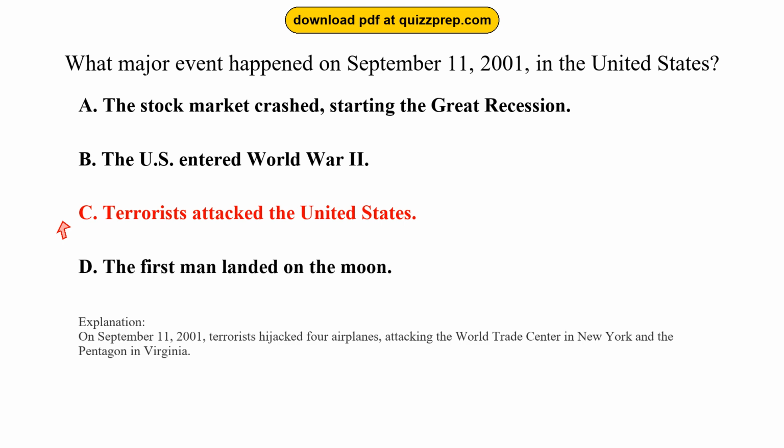On September 11, 2001, terrorists hijacked 4 airplanes, attacking the World Trade Center in New York and the Pentagon in